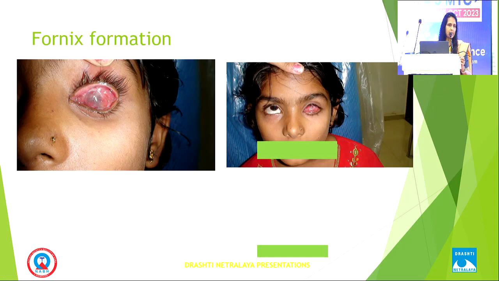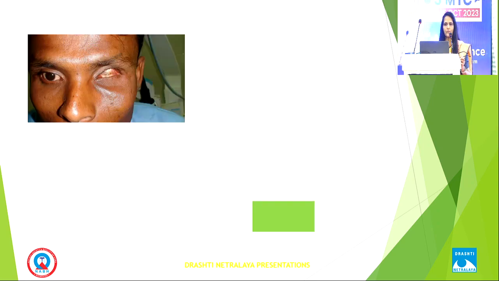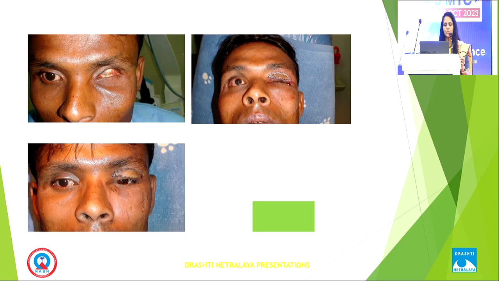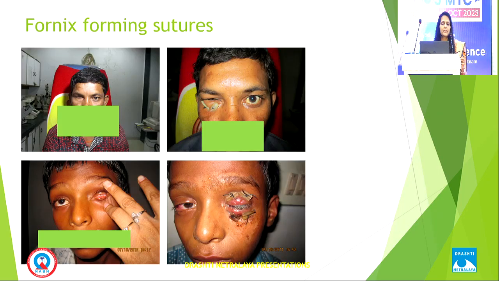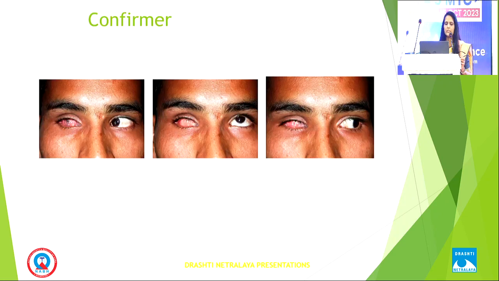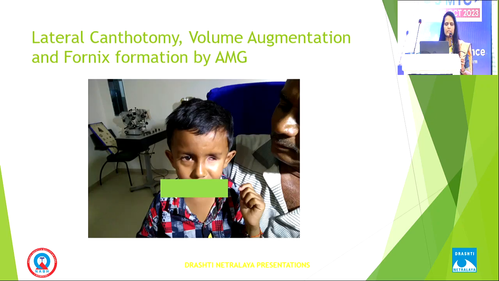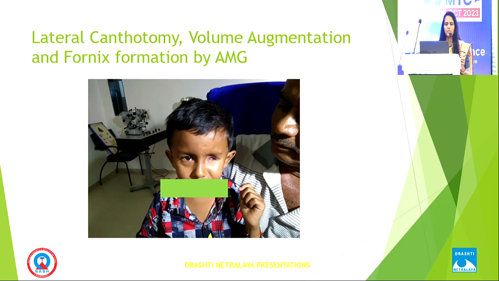And as I said repeatedly, there should be fornix formation. You should not forget to put the fornix forming sutures. Sometimes you have to do skin grafting. So this fornix forming suture along with the symblepharon ring will prevent the recurrence, or sometimes you have to simply put a conformer. This is an interesting baby in which we had done volume augmentation and